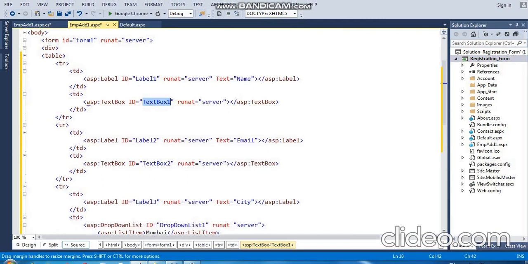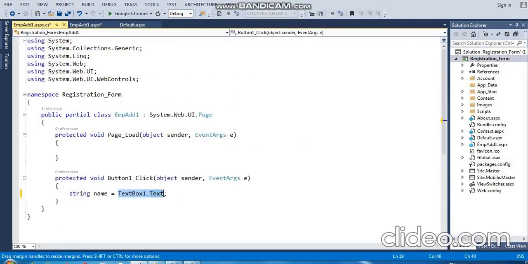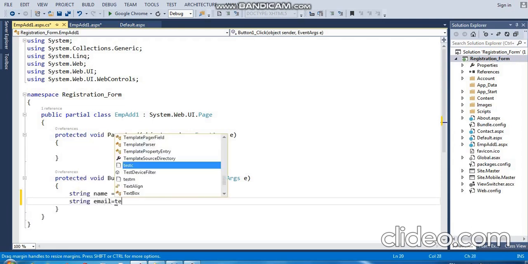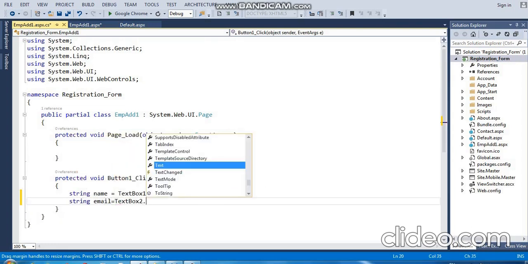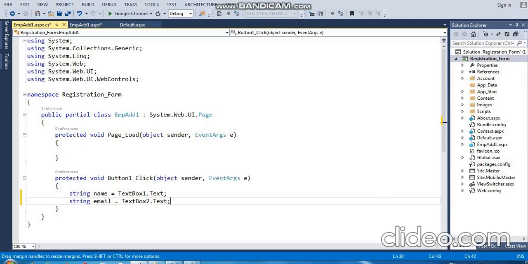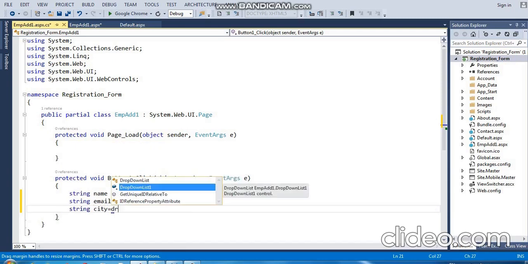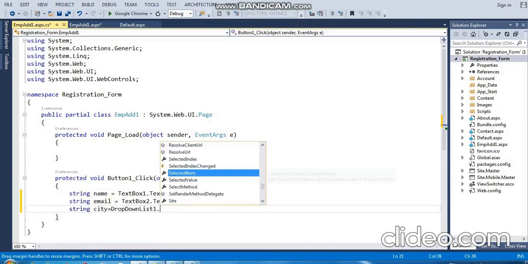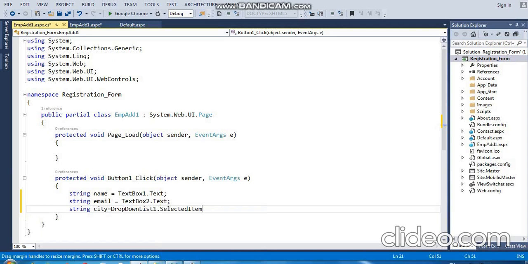Text box 2 is the ID of our email field. For city we have created a drop down list, so I will take the ID of the drop down list dot selected item dot text. Here for city we use selected item to pick the value from the drop down list.